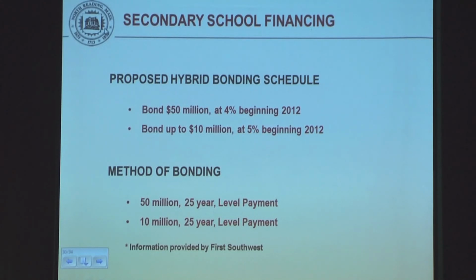We won't know how much of the total $60 million we're going to spend until we're progressing through the project. So that will be drawn down as we need to draw it down. And we've assumed that the cost of that money is 5%, because it's going to be in the future. All of those interest rates obviously are not known at this time and won't be locked in until we actually secure the bonding. There are two ways of bonding. One is a level payment. If you think of your own mortgage payment on your own home, where you pay the same amount